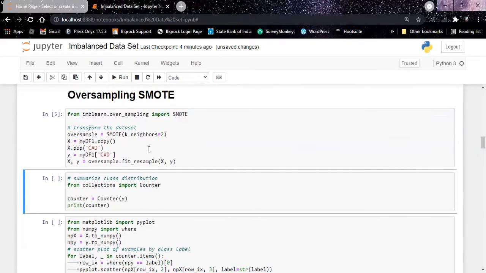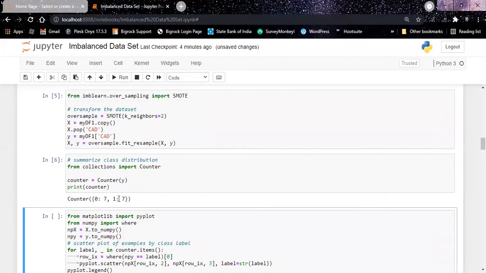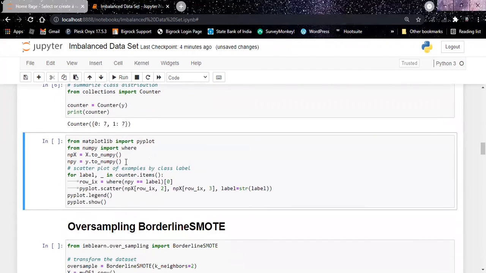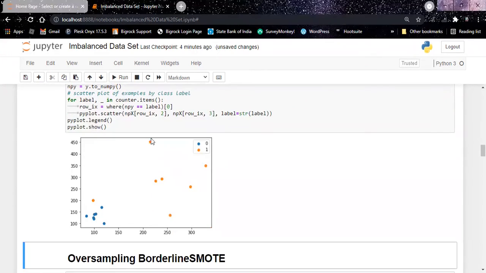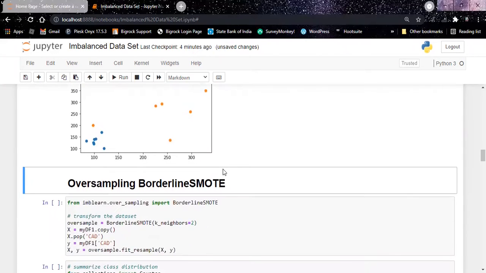So we have done it. Now let us check our data. Oh, now it is balanced. We have 7 patients in both the groups. Now we look at the plot. This is our plot. So this is now a balanced data set.